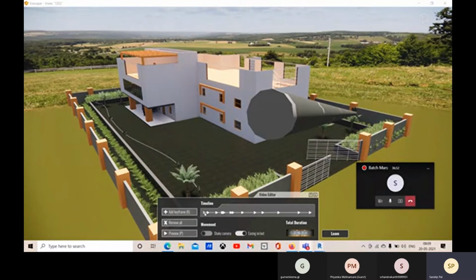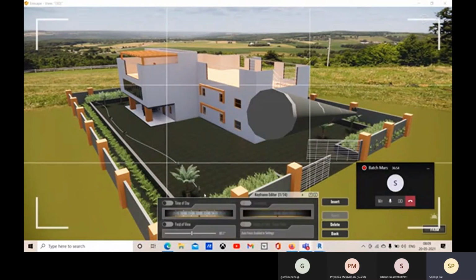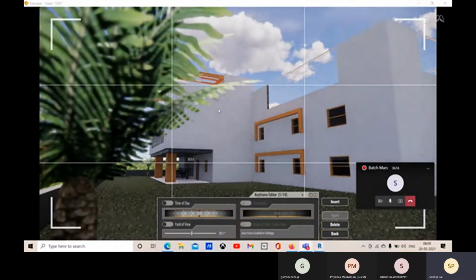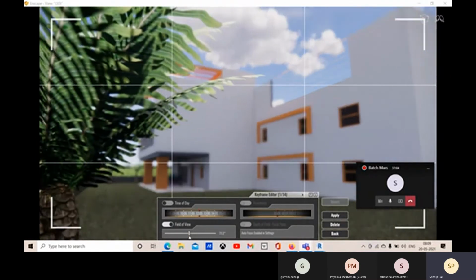And now if you need to go to this camera, here you have this position, and if you need to change the field of view, like that you can change the field of view.